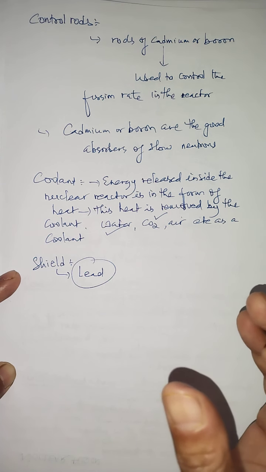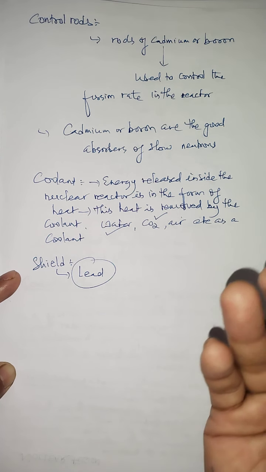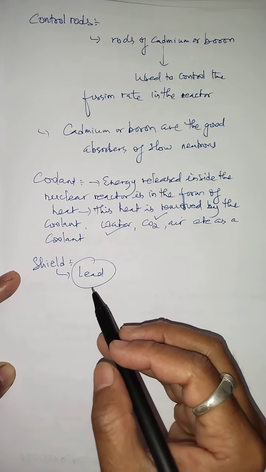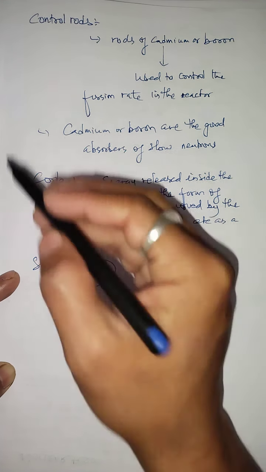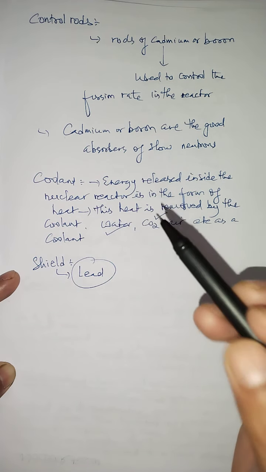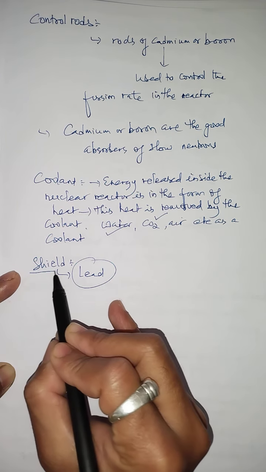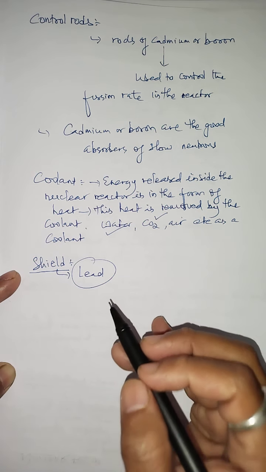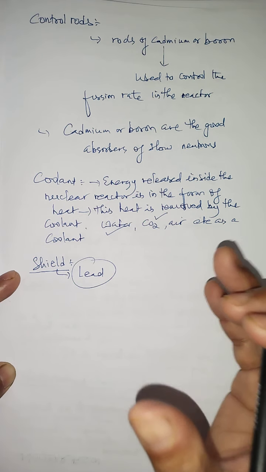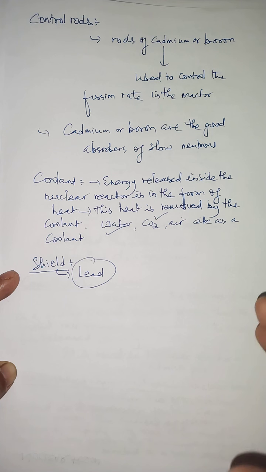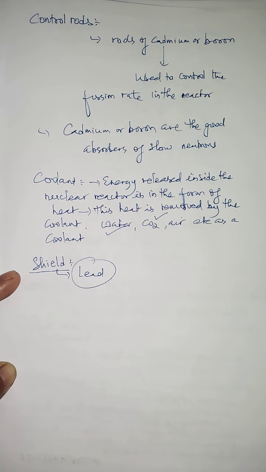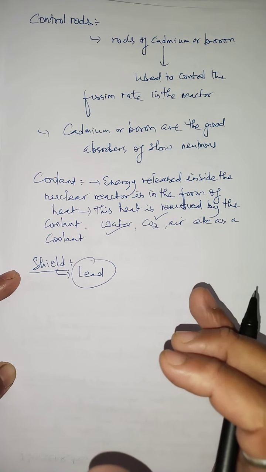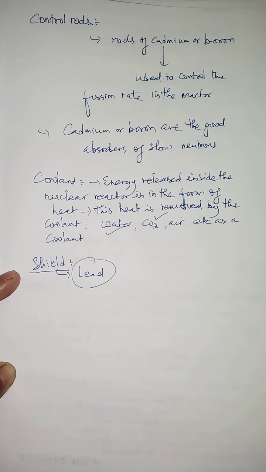because the radiation cannot emit from what? Lead. The radiation cannot emit from lead. That's why in a nuclear reactor, along with the other parts, we use the concrete shield, which is usually called a lead chamber. The lead chamber is used as a wall, and this will always be erected over the nuclear reactor in order to protect the people working in the nuclear reactor from the radiation